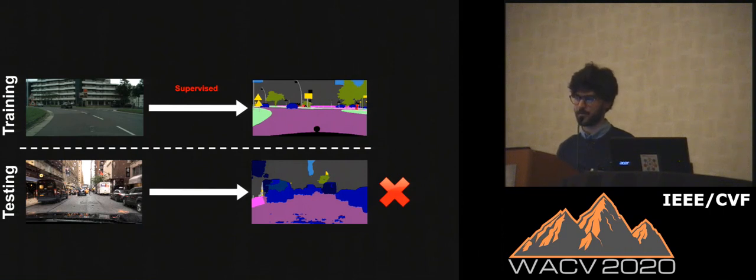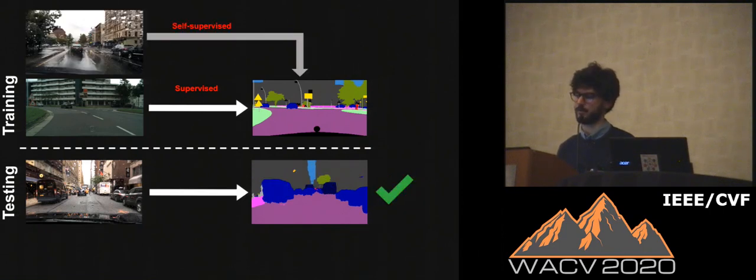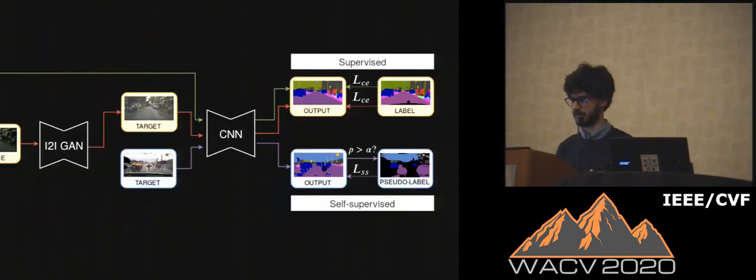As many others, we use domain adaptation to benefit from labeled data in clear weather. Unfortunately, if the domains are far away from each other, traditional methods may fail. Many of those methods use both an image-to-image translation network and an offline self-supervised learning strategy based on pseudo-labels to align source and target domain distributions.